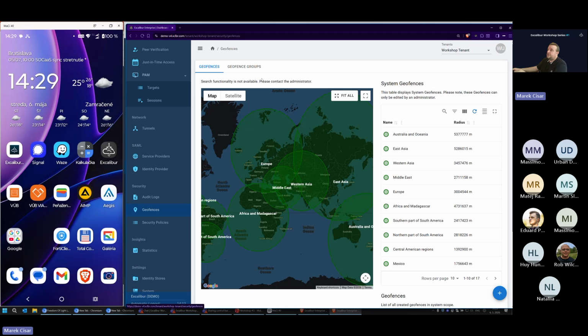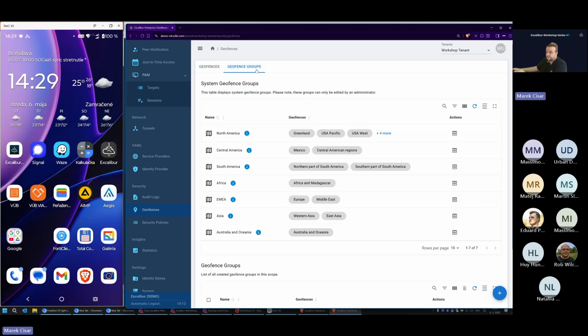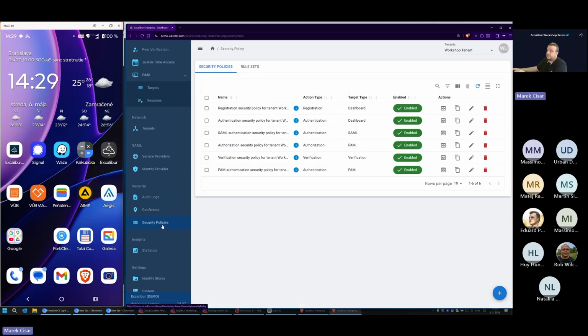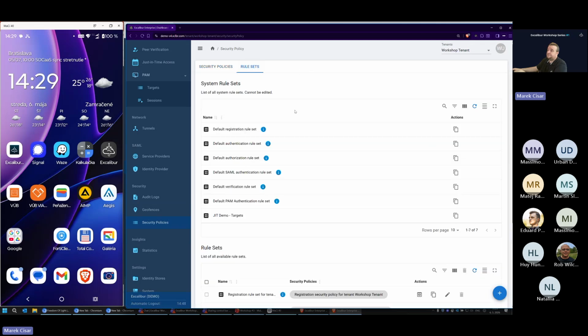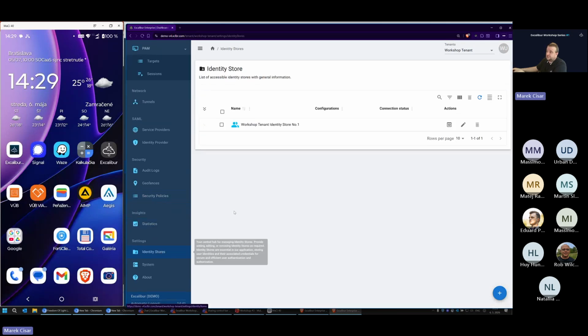And the same applies to the geofence groups and also to the security policies and respective rule sets. Other possibilities, such as identity store configuration, again, each tenant can have its own dedicated set of identity stores configured.